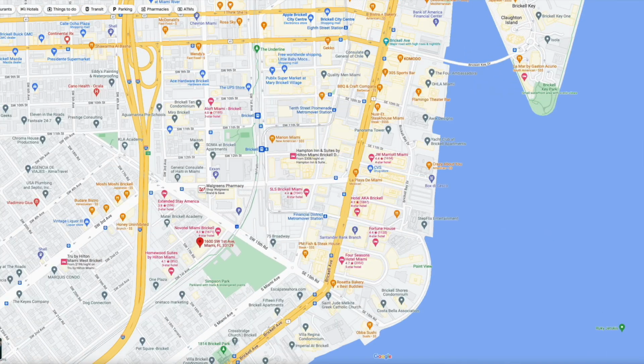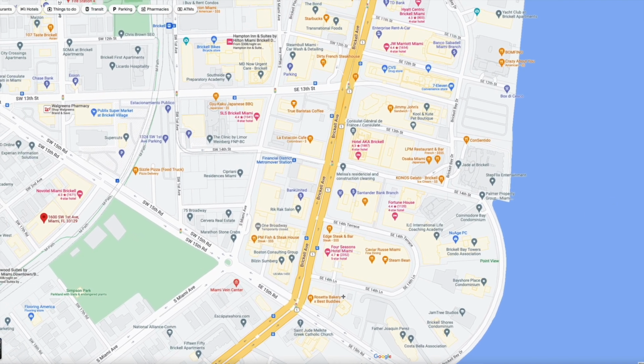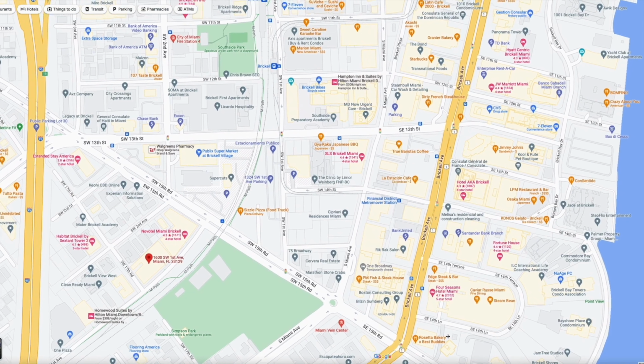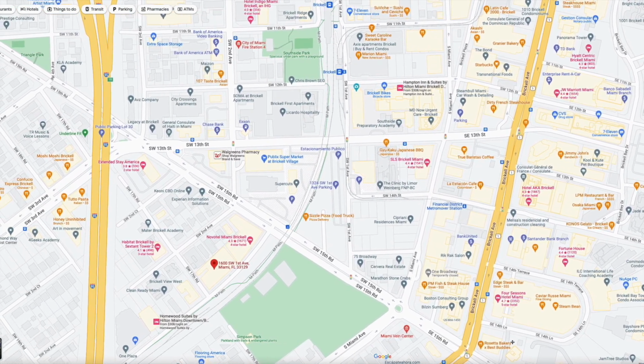Well, to understand that, you must first understand what constitutes Brickell. And if you ask me, Brickell Bay Drive, Brickell Avenue, South Miami Avenue is what you would consider Brickell proper. That would leave anything west of First Avenue and anything east of I-95 as West Brickell. This side of Brickell is far less congested, although there's plenty of construction going on which aims to change that in the future, but nevertheless, there still exists a few pockets where noise, traffic, and overall energy is turned down